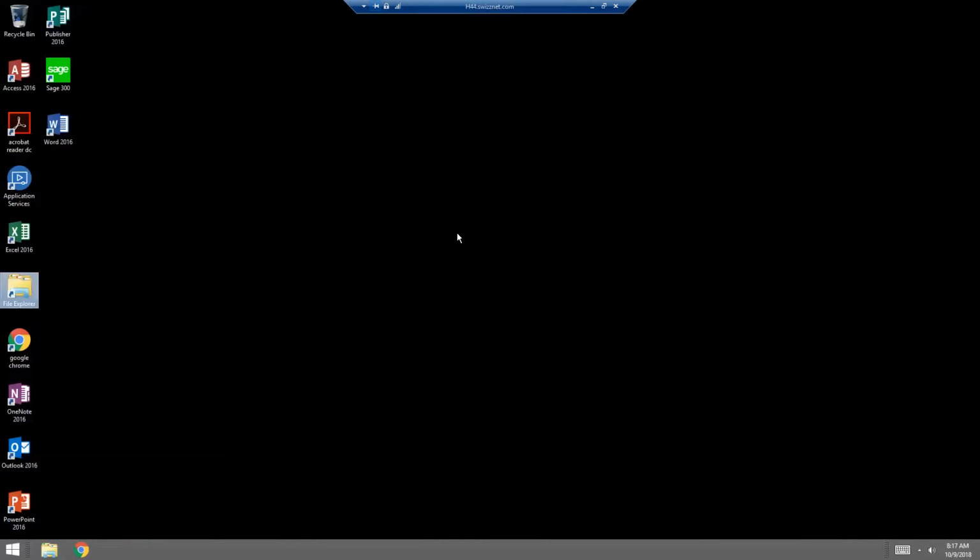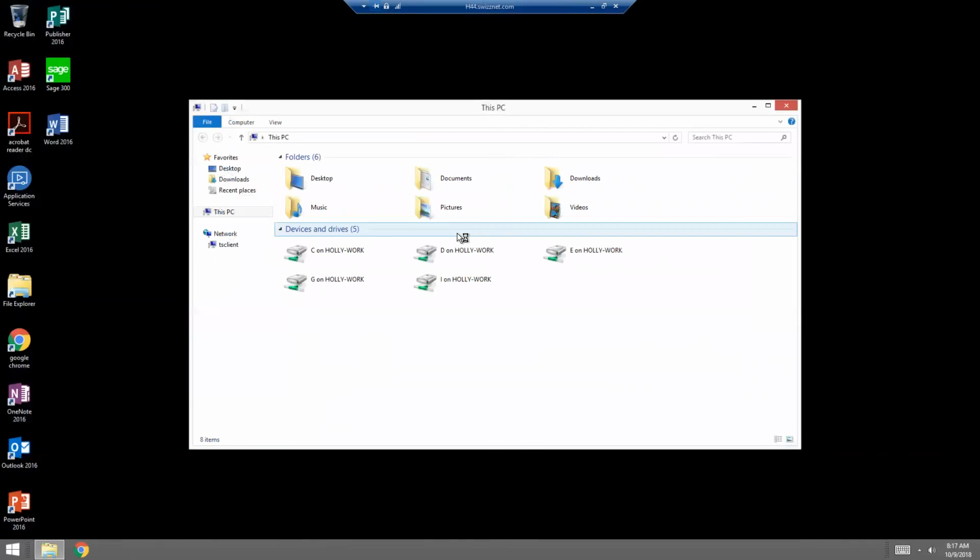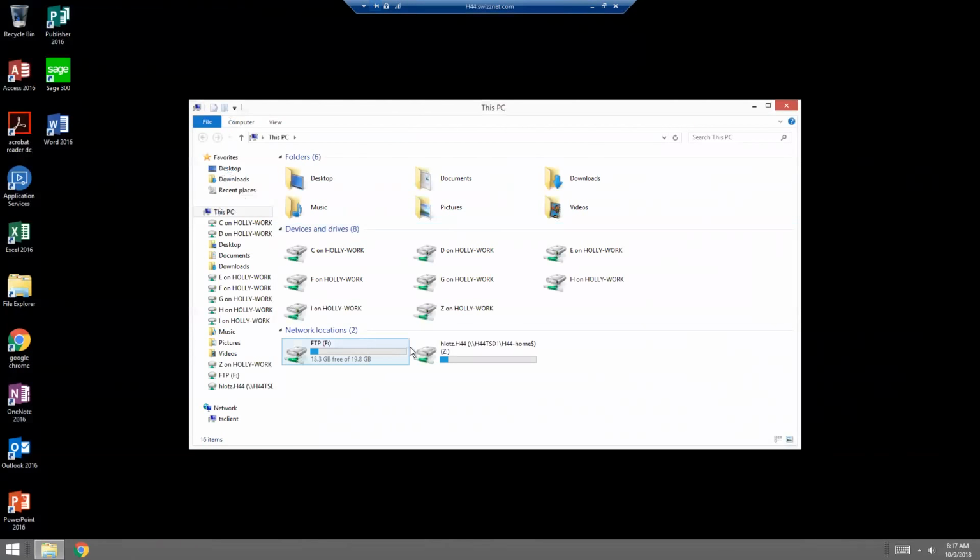Let me show you the File Explorer here. So this is the shared cloud drive that you guys can share between all of your employees. And then this is my local drive here. And then if you had any other mapped drive, you would see them there as well on this left-hand side. So again, these will come mapped automatically for you,